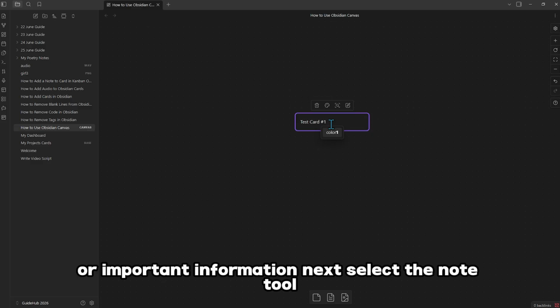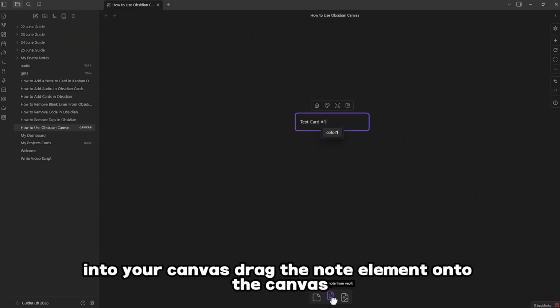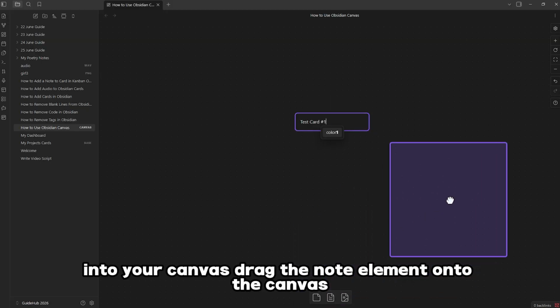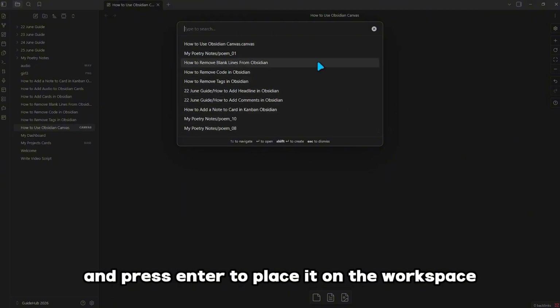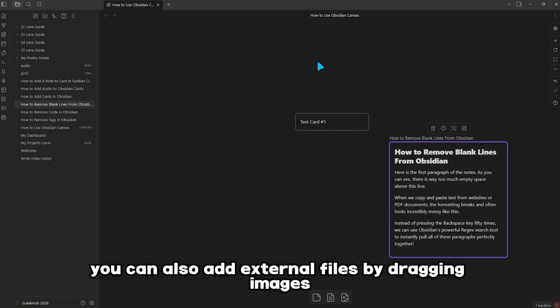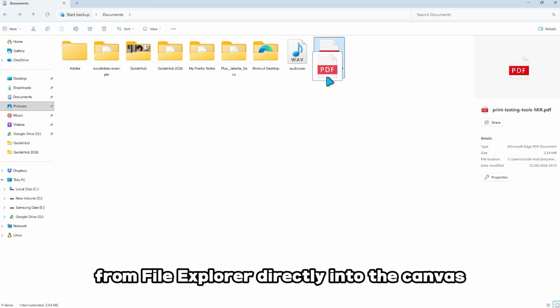Next, select the Note tool when you want to add an existing Obsidian note into your canvas. Drag the note element onto the canvas, search for the note you want to insert, and press Enter to place it on the workspace. You can also add external files by dragging images or PDF documents from File Explorer directly